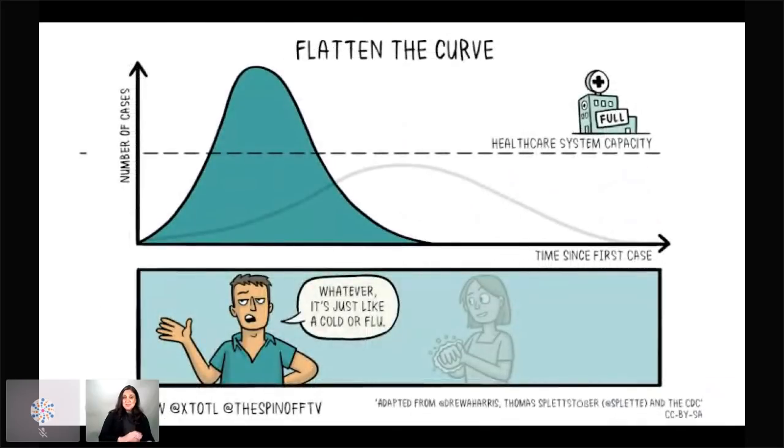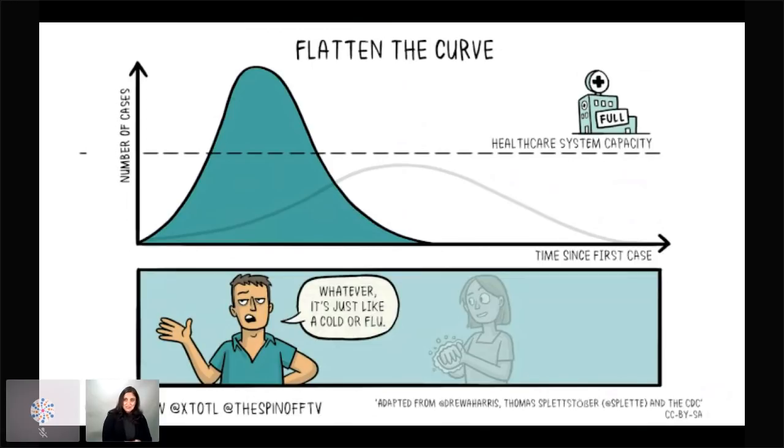And that brings me to this concept that many of you probably heard about because the hashtag has gone viral. It's called flatten the curve. And the idea here is, here's our pandemic. It's increasing at an exponential rate. The number of cases is increasing, and the number of people who may die from this is increasing. And then at some point, it might peter out on its own. And that's if we do absolutely nothing. But we have another problem, and that's shown here on this dotted line. We only have certain capacity within our healthcare.